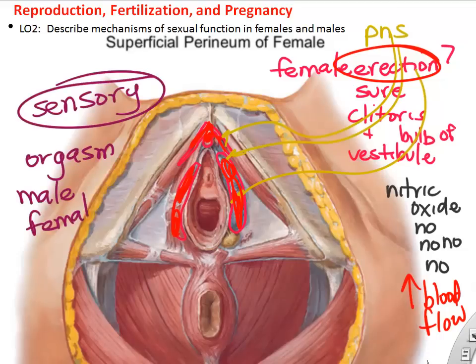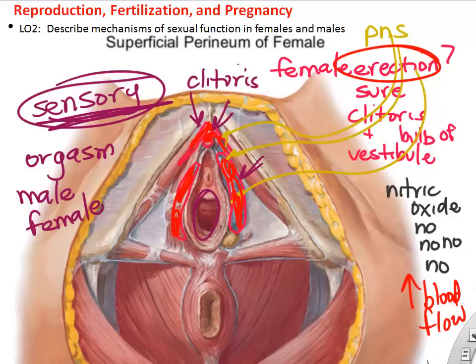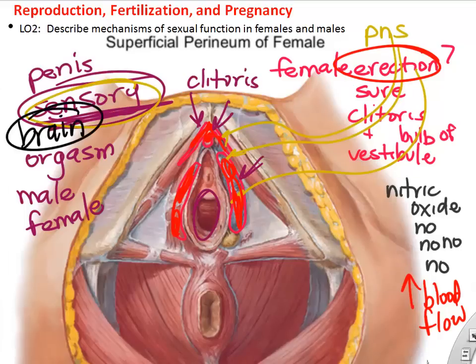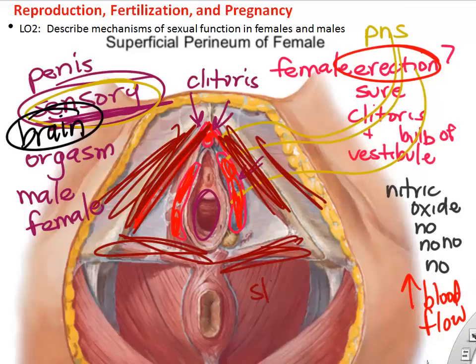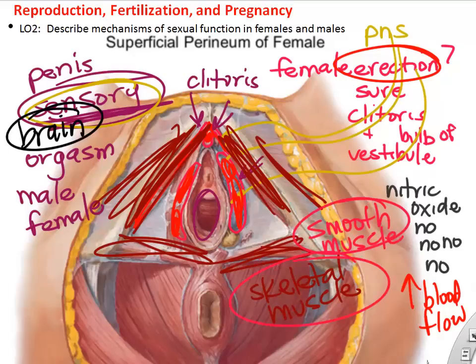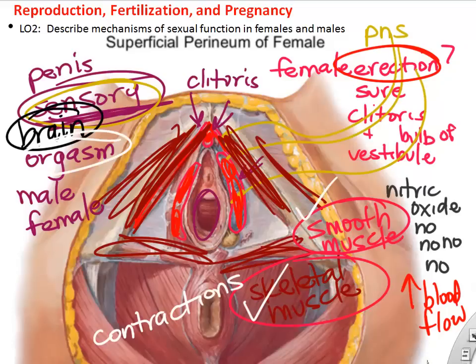Obviously, in orgasm in the male and female, a lot of it has to do with sensory fibers that are sent from the skin or underlying structures back to the brain. And so, again, the clitoris and the penis are sort of male and female equivalents. The other thing to keep in mind is that there's skeletal muscle associated with the clitoris and the penis and the pelvic floor, and those skeletal muscles will contract rhythmically during orgasm, as well as smooth muscle located in the reproductive organs. All of those contractions are initiated by the autonomic nervous system or the somatic nervous system.